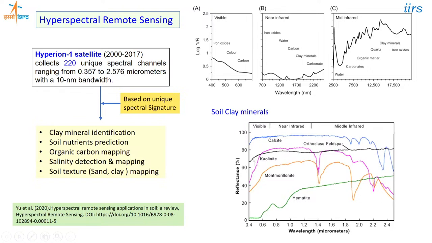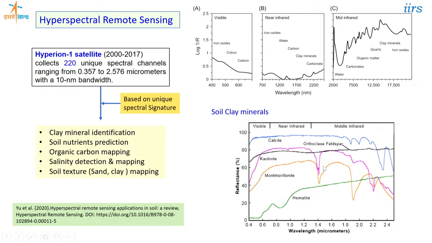So here you can see the reflectance characteristics of the clay minerals. It is shown from 0.4 to 2.4 or 2.5 micrometer. You can see the different clay minerals have a very significant difference in their reflectance and their spectral change in